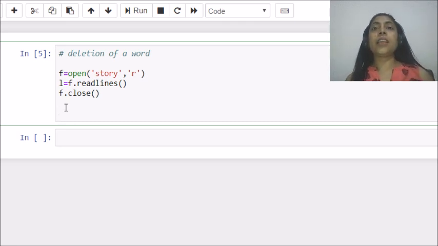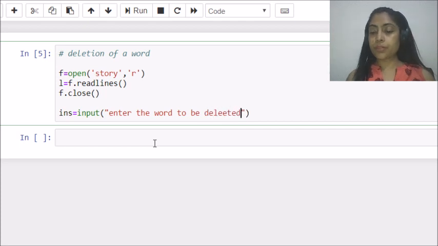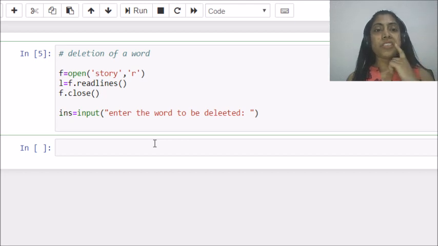So let's take the word from the user, which word he or she wants to delete. Here I am taking again a variable ins, "Enter the word to be deleted". So here the user will enter the word which he wants to delete from the file, and I am again creating a loop here, same loop.